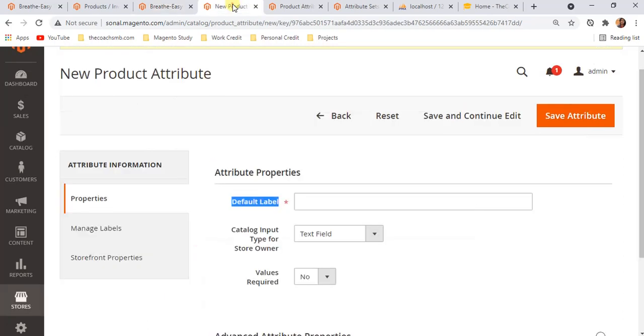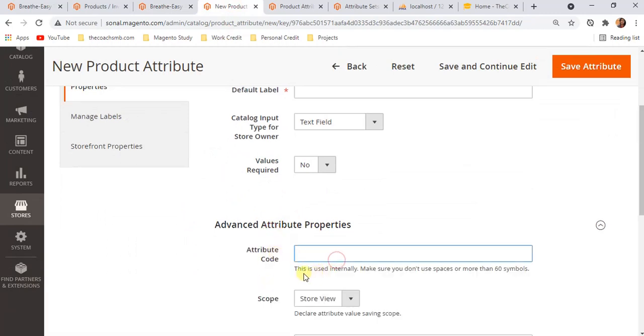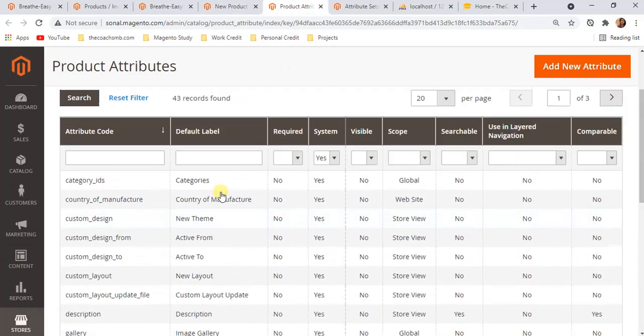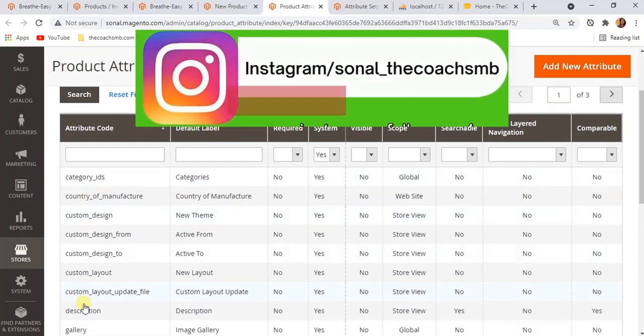But the code which is generated here in attribute code will not be changed, and which will be used internally. On the front end you will see the default label like color, size, product name, description, short description, those kind of, which is shown here, default label. And this is the code to uniquely identify that attribute.